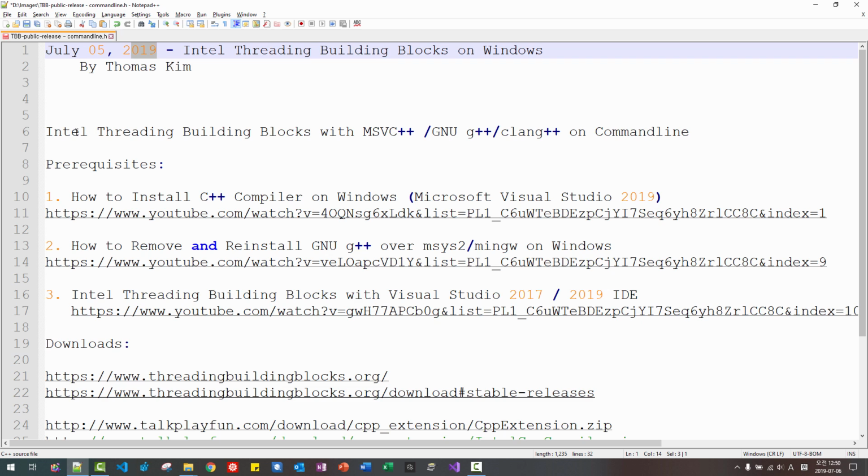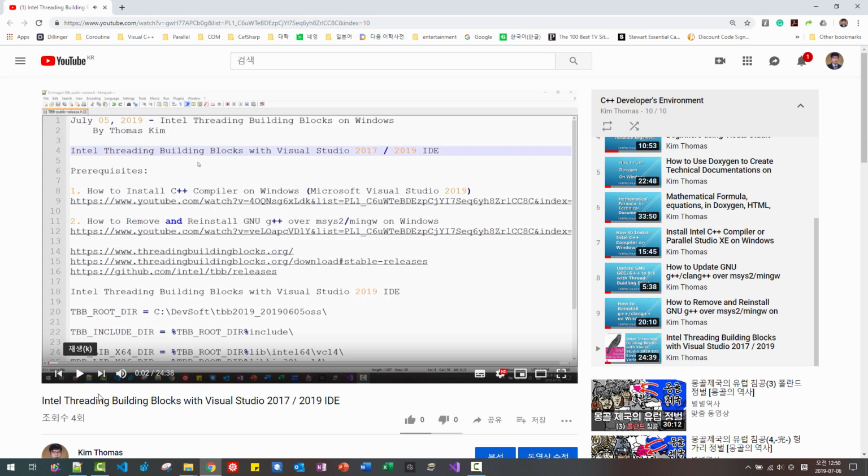In this episode, we will learn how to install Intel threading building blocks with Visual C++, GNU G++, and clang on the Windows command line. In our previous video, Intel threading building blocks with Visual Studio 2019 IDE, I explained how to use Intel threading building blocks in Visual Studio 2019 IDE. In this episode, we will learn how to use Intel threading building blocks on command lines, not in an integrated development